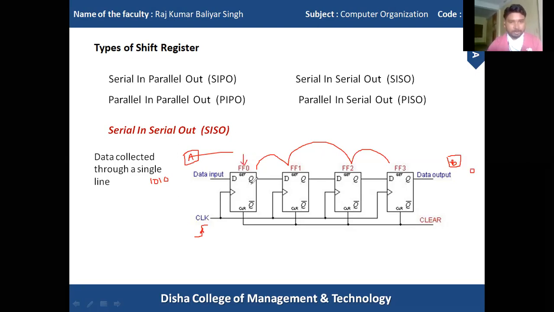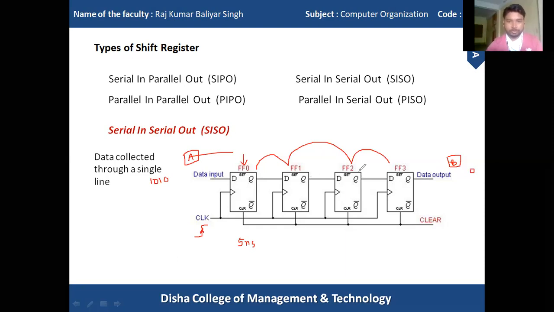it will process for some time, say 5 nanoseconds. Flip-flop 0 will take 5 nanoseconds to produce the result at the Q terminal. Flip-flop 1 also needs 5 nanoseconds to produce the data at the Q terminal.